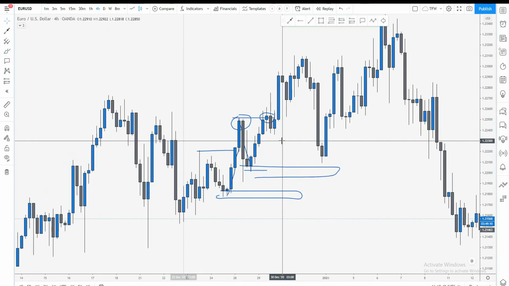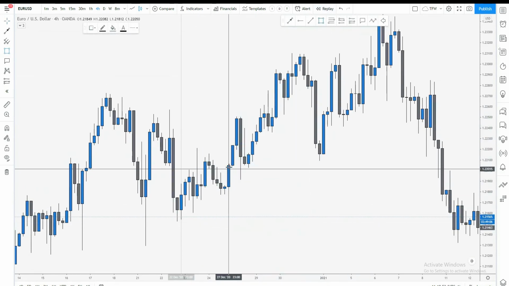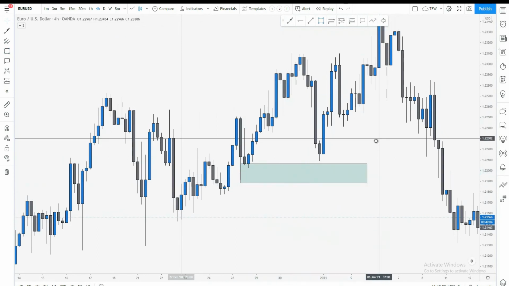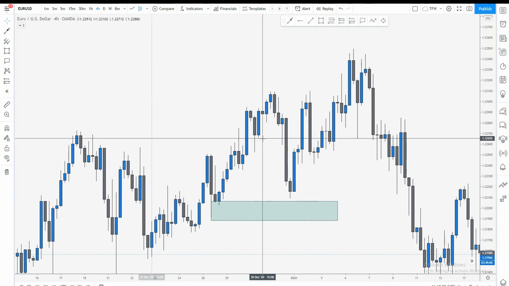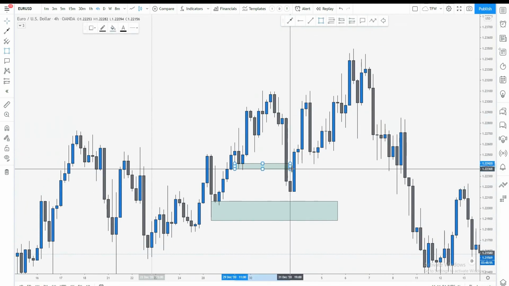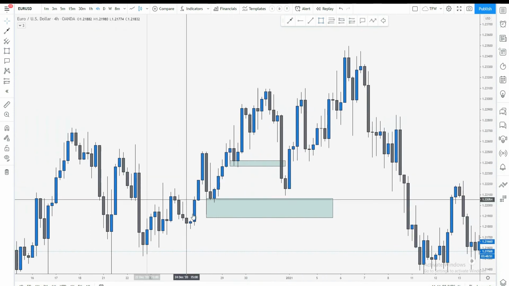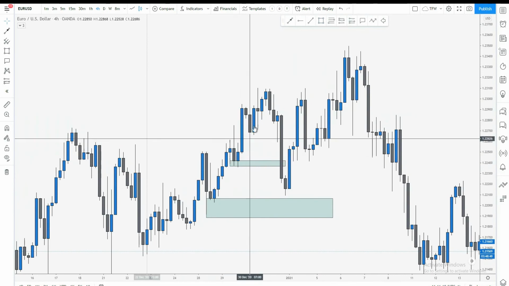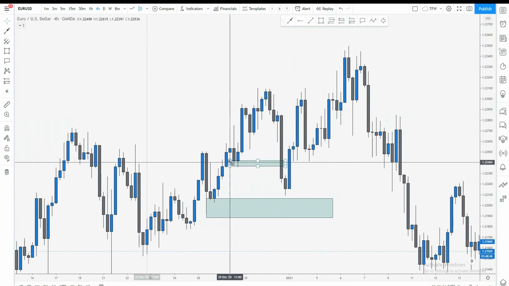Again, if I am really precise, I should actually be drawing rectangles, right? So here is our structure. All right. So the market strongly pushes up, and then it starts forming a little bit of a minor structure, right? So we can say, okay, this is a break of structure, so I should move my structure down there. That is perfectly fine. And you're going to learn with experience how to identify between this structure and those little minor ones. Because this one right there, but this is again my discretion kicking in, is just